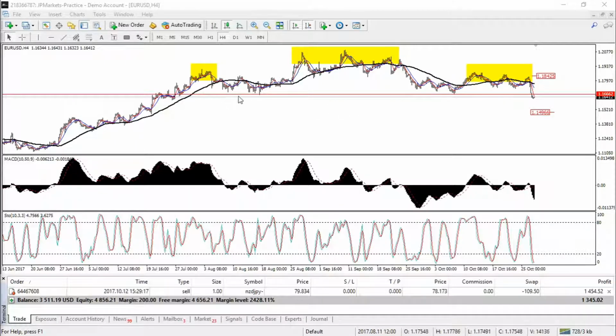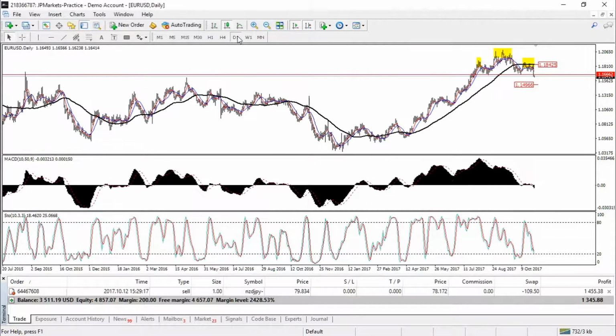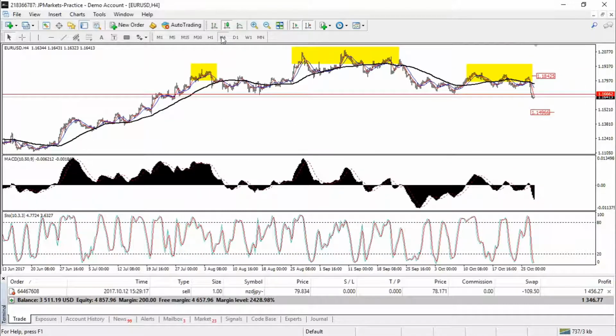at the bottom we can see that this price level has been tested a few times, so this we would call the neckline. You can confirm by checking on the daily chart, and you'll see that it looks fairly similar. We just don't have quite as much detail. Now, if you've been through the course, you would have seen that we have briefly spoken about the head and shoulders break, and what is happening here is that we have a head and shoulders that is breaking the neckline